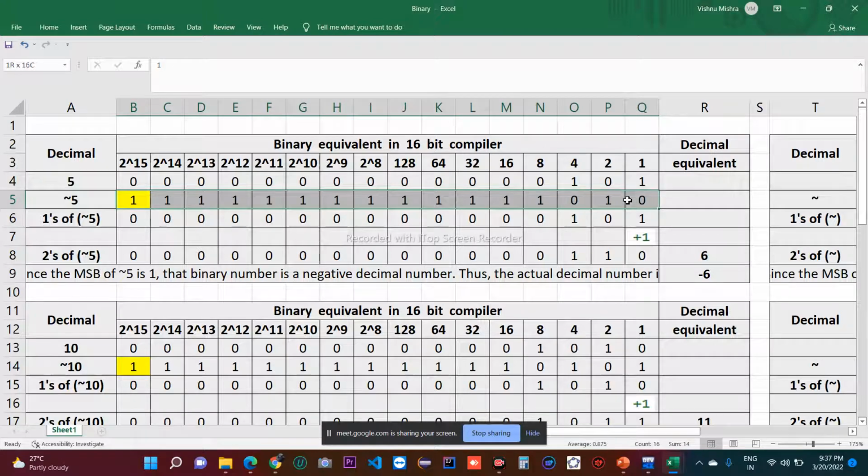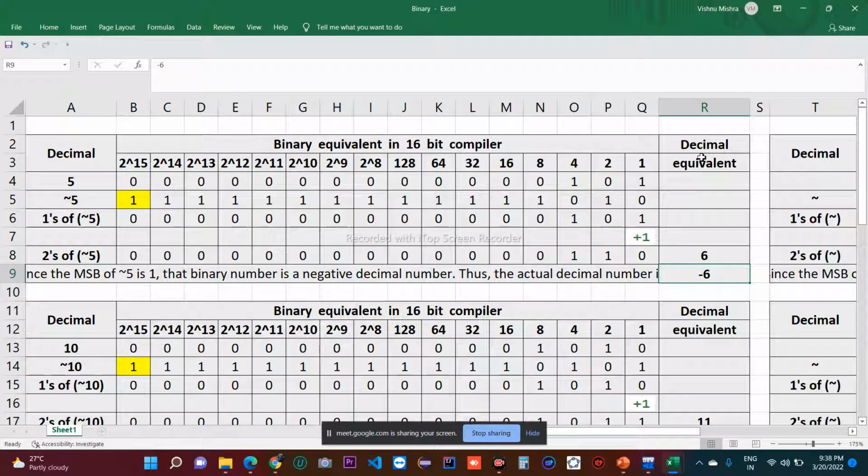नॉट 5 का टूस कॉम्प्लीमेंट निकालना है। सिंपल है, पहले वंस कॉम्प्लीमेंट निकालते हैं। वंस कॉम्प्लीमेंट क्या होगा, 0 0 0 0 0 0 एवरीथिंग 0, 0 1 0 1 लास्ट में। ठीक, एंड व्हाट विल बी टूस कॉम्प्लीमेंट? टूस कॉम्प्लीमेंट में कुछ नहीं, बस +1 कर देंगे तो रिजल्ट क्या आएगा, 0, कैरी फॉरवर्ड 1, दैट इज 1। और अब बाकी एज इट इज कॉपी कर दो। ठीक है, तो ये हो गया इसका टूस कॉम्प्लीमेंट। अब इसको डेसिमल में कन्वर्ट कर दो। ये 1 1 किसके बिट्स हैं, 4 एंड 2 के, तो 4 + 2 कितना होता है, 6। बाकी सब तो 0 है। ठीक है, तो ये डेसिमल इक्विवेलेंट कितना है, 6।